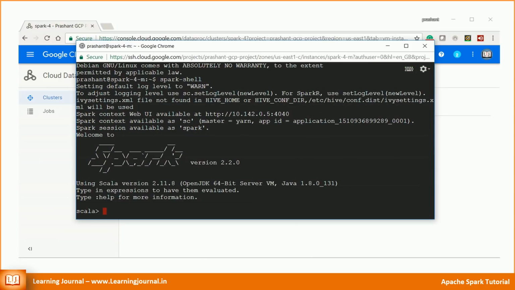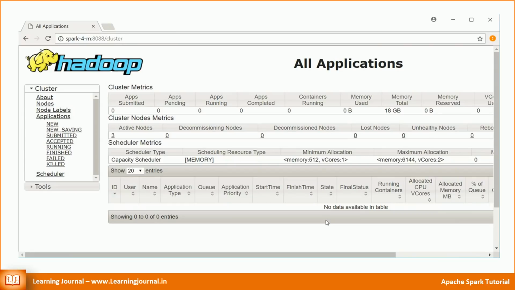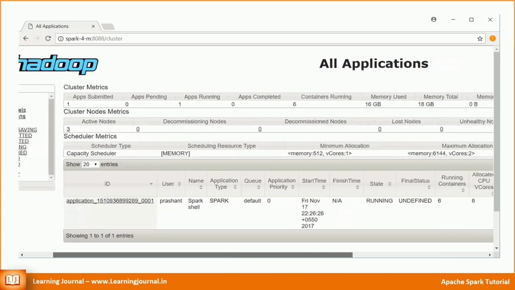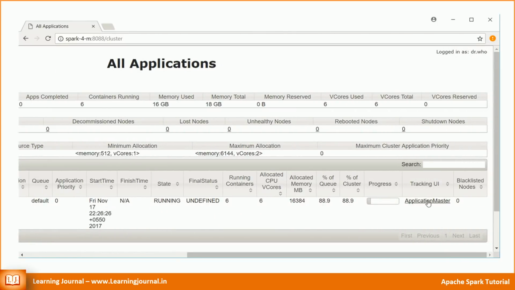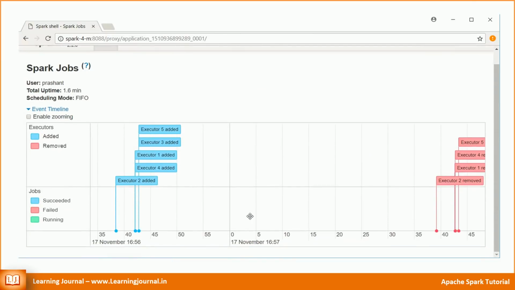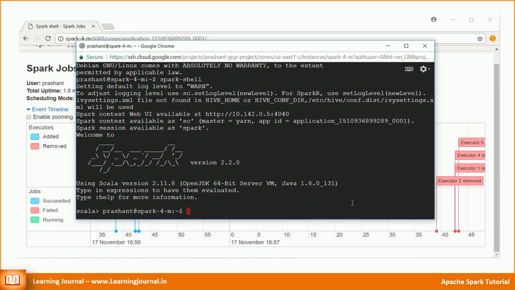Good, started. Let's reach out to Spark UI using Yarn Resource Manager. Refresh the Yarn Resource Manager page and you will see an application link, right? Go to the tracking UI and hit the application master link. Great! Yarn started these many executors, but soon it removed all of them except one. That's because of the dynamic allocation feature of Yarn. Since we are not doing anything and the executors are idle, Yarn has released all of them except one. Let's close this Spark shell and start a new one.